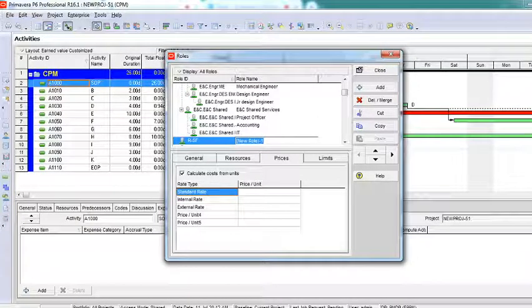So I do this when a human resource wants to perform multiple roles, like a project manager, or a design engineer, or anybody who is into engineering or management, a top level person.